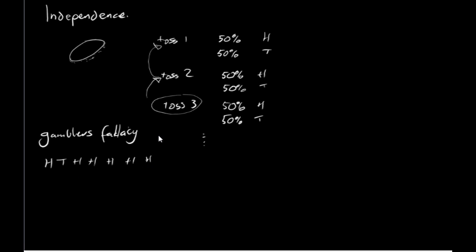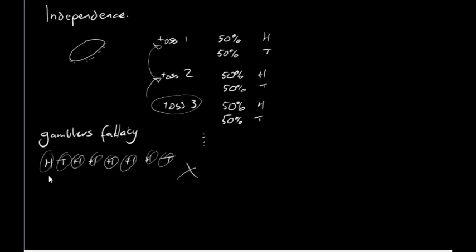And the gambler's fallacy suggests, or the logic, I guess, is that we start to look at patterns and say, well, we've had 5 heads in a row, it's probably time we had a tails. So we're looking at past events and saying, chances are we're probably going to get a tail to even out. This is incorrect, because each coin toss is independent of each other toss. It is 50% every single time.